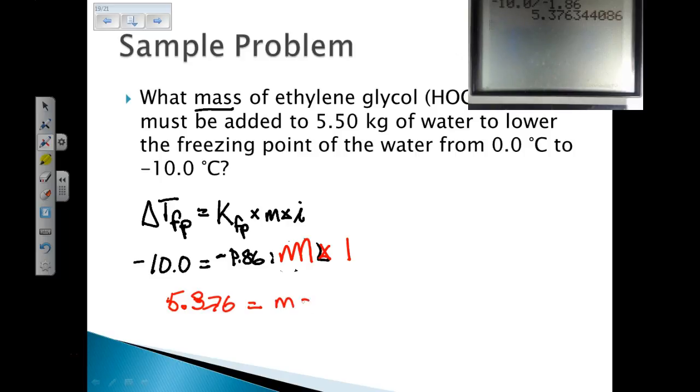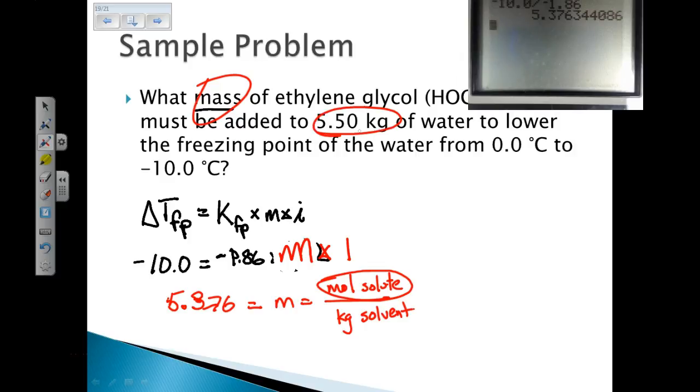Now remember, molality is moles of solute per kilograms solvent. Once we get moles of solute, that will allow us to get to mass. Get to moles. Moles is very important. If you haven't heard me say it, you will soon enough, saying how important moles is. Okay, so now, do we have kilograms of solvent? Sure do. So this is going to be equal to